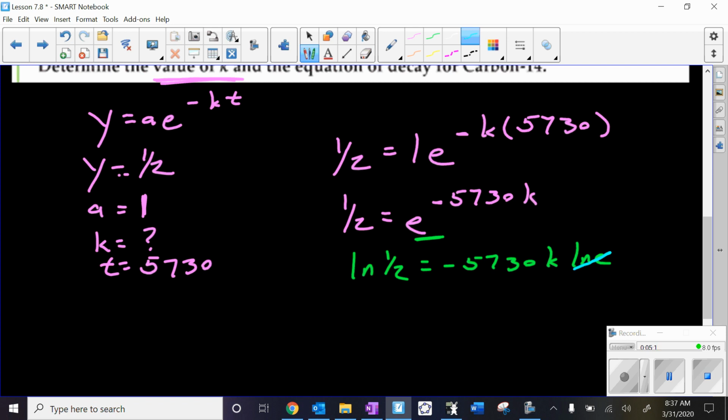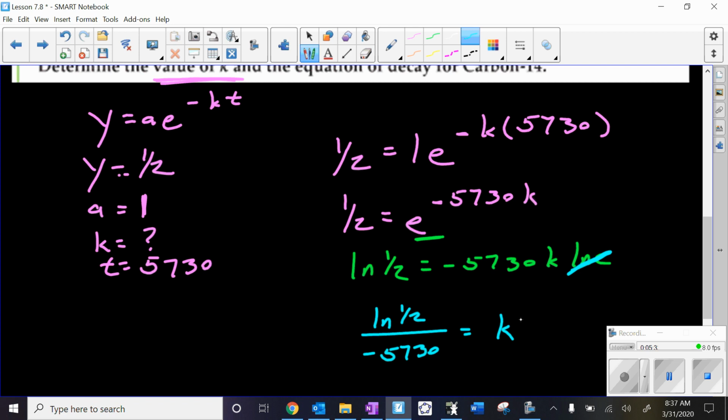You can plug that into your calculator to check that. So 1 times anything doesn't do anything. And then to get K by itself, I'm going to divide both sides by negative 5,730. So now I have natural log of a half over negative 5,730